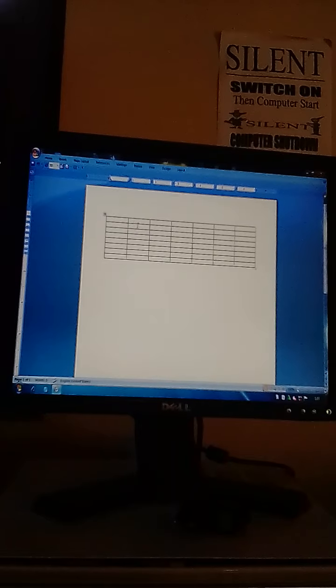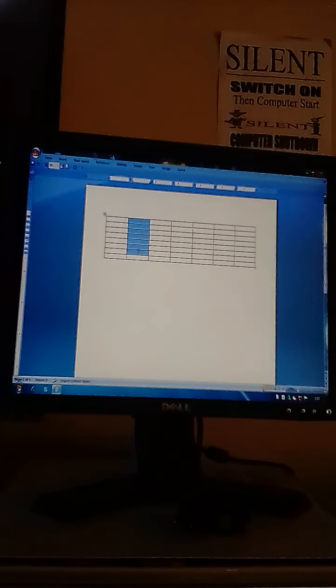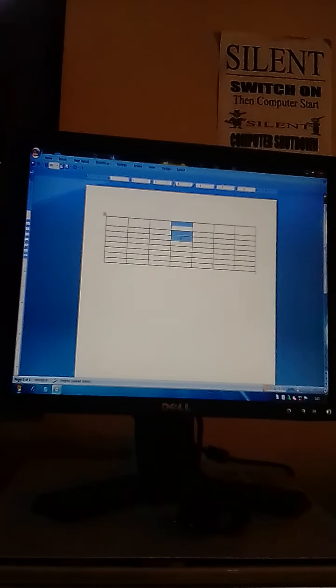Okay dear students, this one is column 2. This one is column 3. This one is column 4. So the lines in the form of vertical representation are known as columns, and the lines in the form of horizontal lines are known as rows.